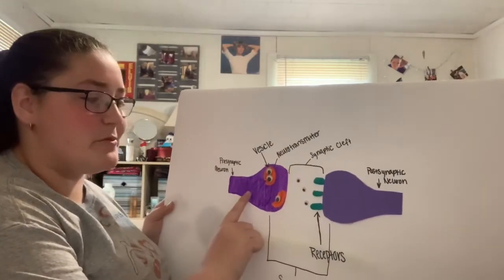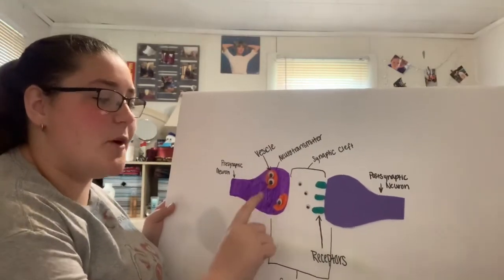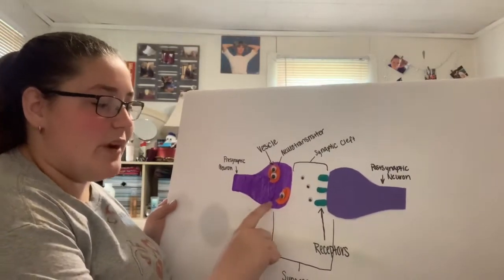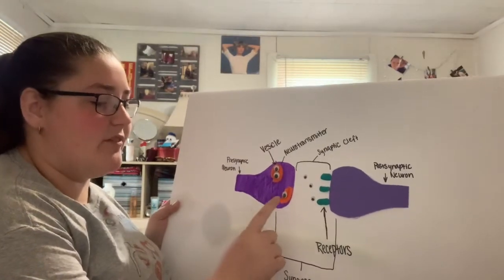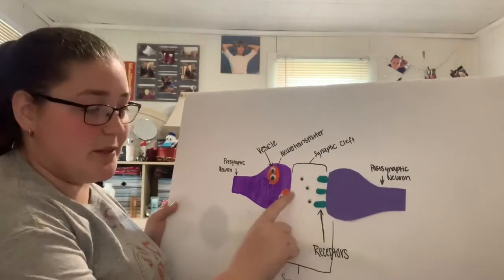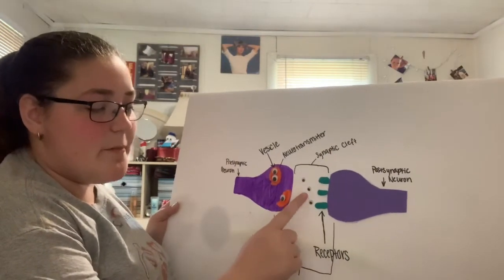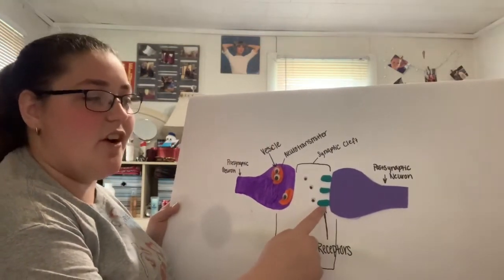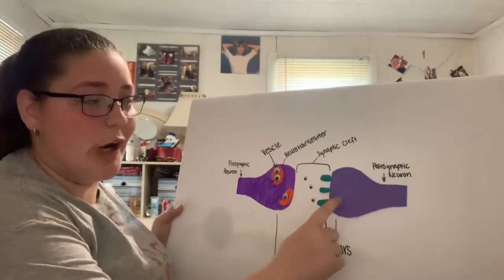In the presynaptic neuron, there are neurotransmitters packed into small sacs called vesicles. When acted upon by an action potential, the vesicles bind to the membrane and release their contents into the synaptic cleft. From there, they will bind to the receptors and could cause an action potential to occur in the postsynaptic